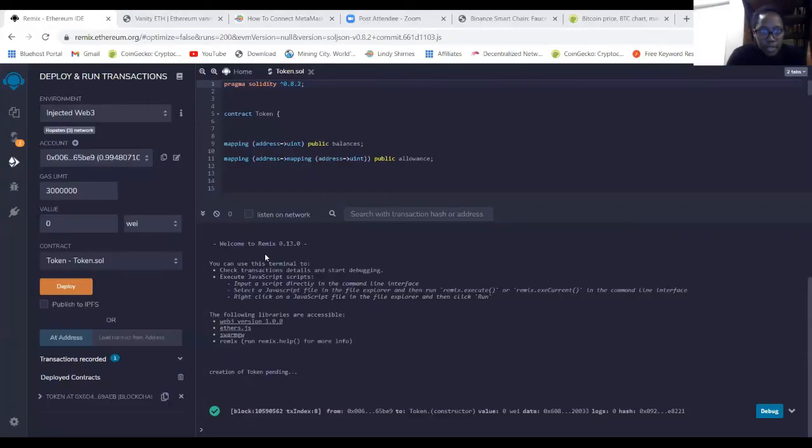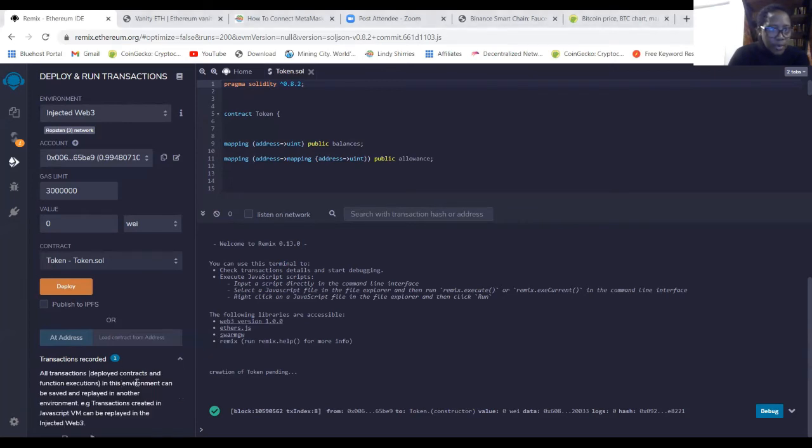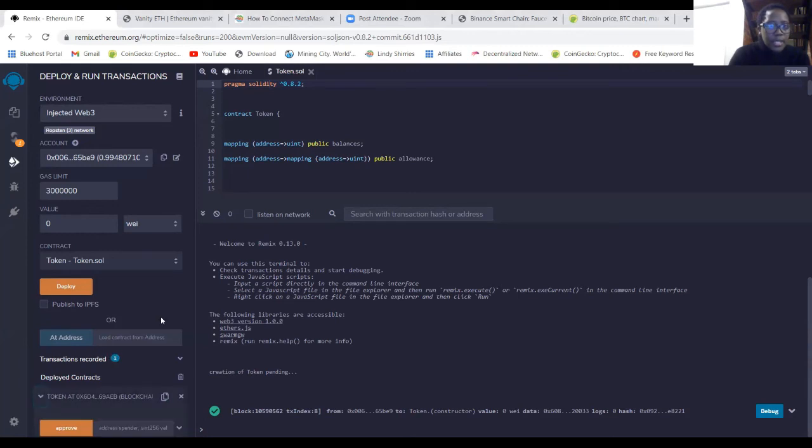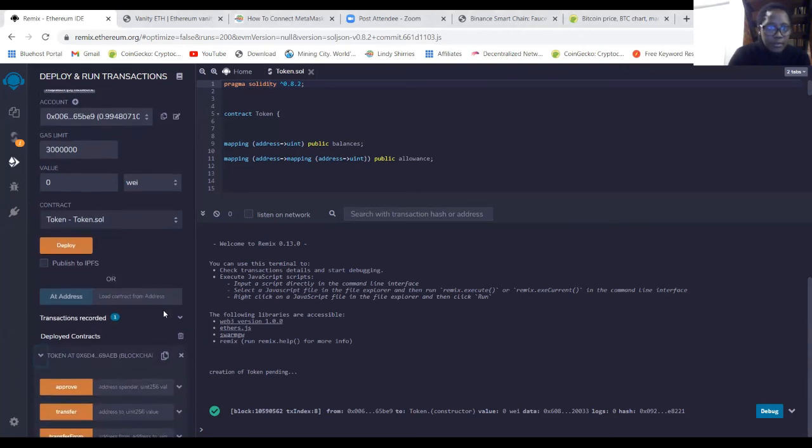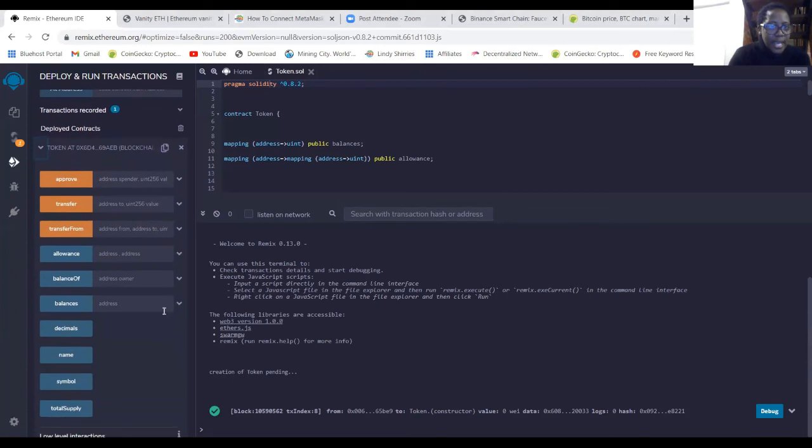So now when you look at the bottom, you'll see that our token was created. And then when you go on your left-hand side, you would see that there was a contract that was deployed, and all transaction deployed, contract and function execution in this environment can be saved. And then when you click token here, you'd see that all the functions that we're busy creating are actually there,